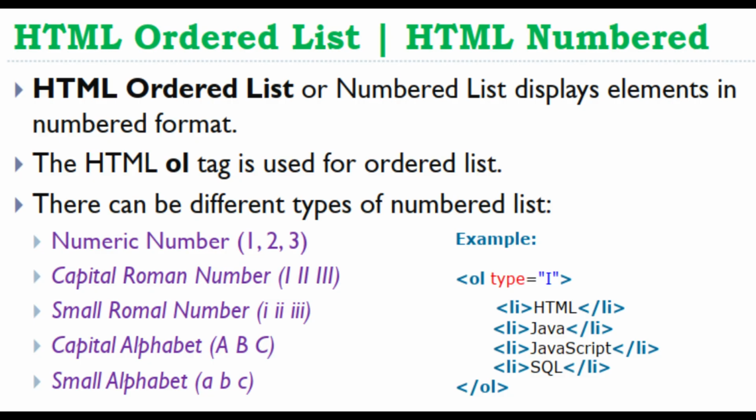HTML ordered list. HTML ordered list or numbered list displays elements in numbered format. The HTML <ol> tag is used for ordered list. There can be different types of numbered list: numeric number 1, 2, 3, capital Roman number I, II, III, small Roman number i, ii, iii, capital alphabet A, B, C, small alphabet a, b, c. Example: <ol type="1"> <li>HTML</li> <li>Java</li> <li>JavaScript</li>